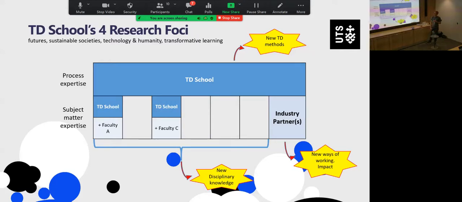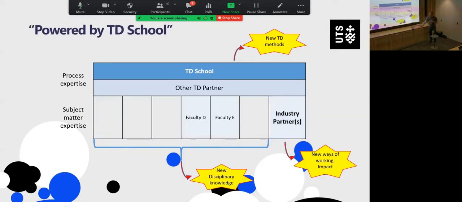There are two ways about this. One is kind of self-serving. TD School has these four research areas. For those research areas, we're declaring them as our research foci because we have expertise in them. So we're more likely to have not just the process expertise of collaborating, but also some subject matter expertise, and we'll pull in any missing subject expertise from friendly folks around the rest of the university,